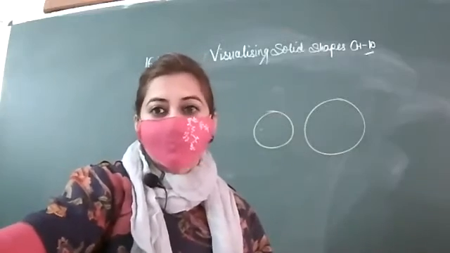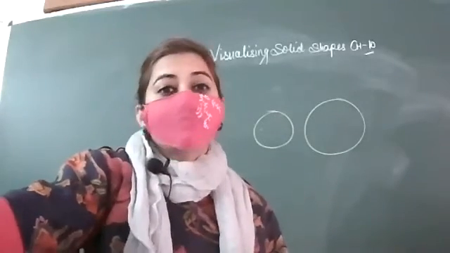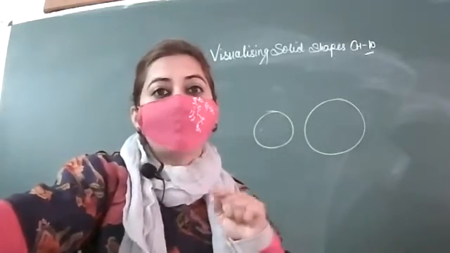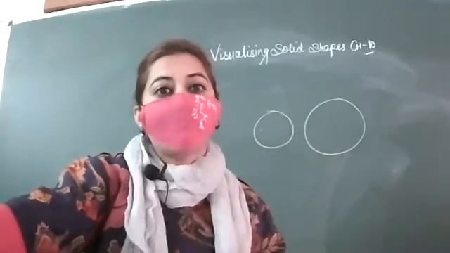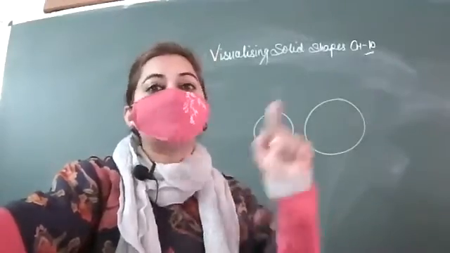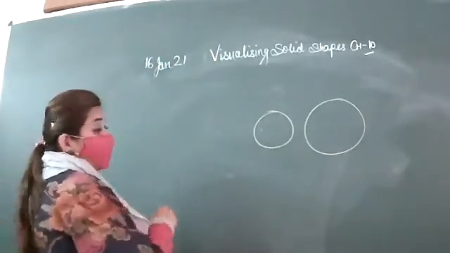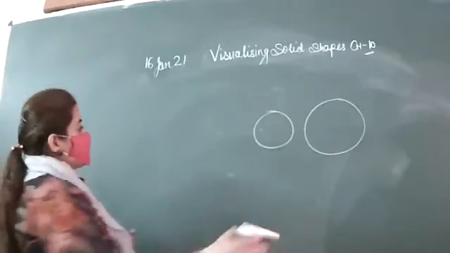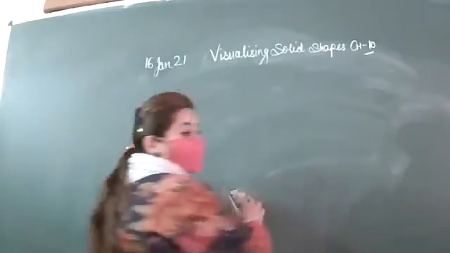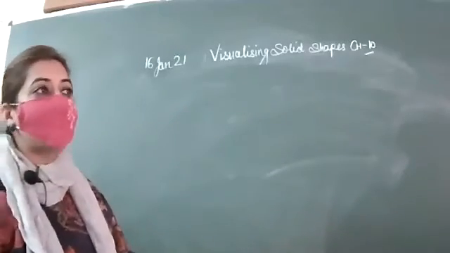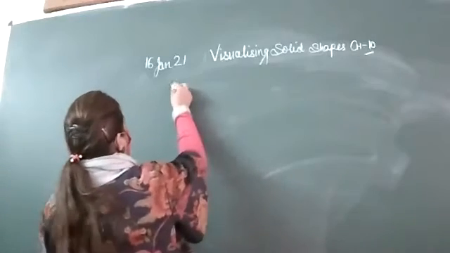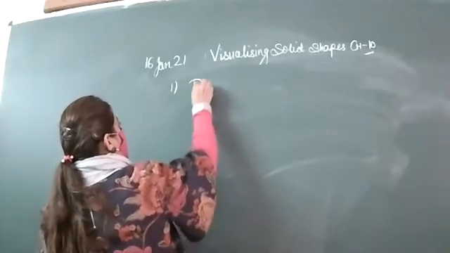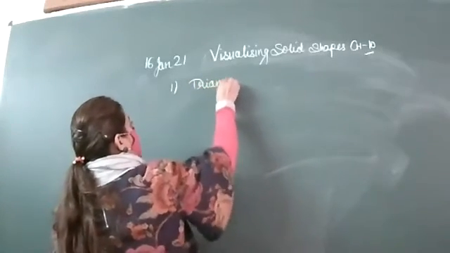So in the definition we have written that a prism is a polyhedron whose top and bottom, means base, are congruent. Congruent means exactly same होते हैं. And the lateral faces means side faces जिससे वो join हो रहे हैं, that are parallelograms in shape. I'm giving you one example. First is your triangular